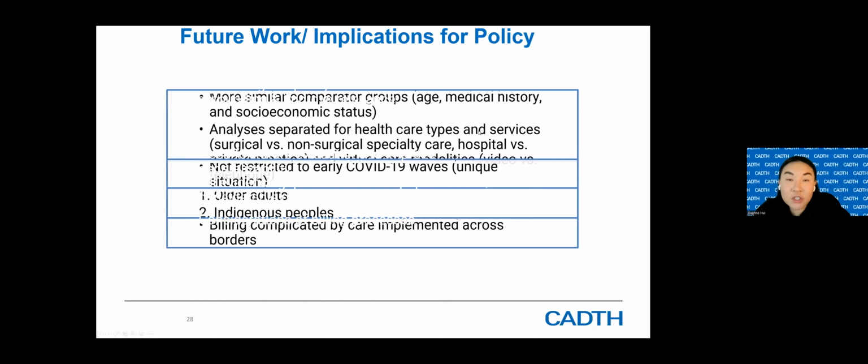And additionally, evaluations should be separated for healthcare types and services, for example, separating out surgical and non-surgical specialties or hospital care and private practice. And further, there was also a considerable limitation of the included evaluations, and mostly that they combined different virtual care modalities. So for instance, oftentimes they combined the evaluations of text messaging, video conferencing, and telephone appointments together. But it's important to distinguish because each of these types of modalities have their own technical considerations, benefits, and limitations.